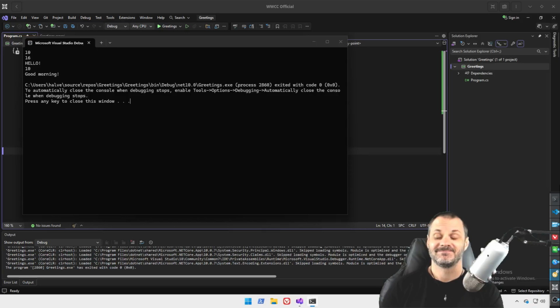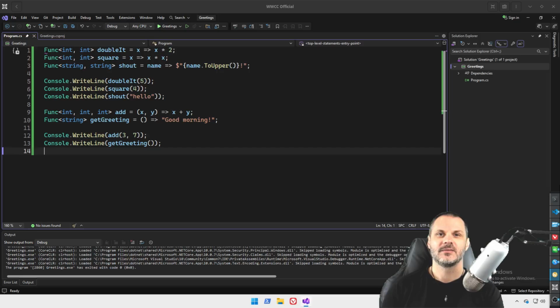Got it. But what's the point of a Func that takes no input? Is it just for generating random chaos? Timestamps, configuration, computed defaults, anytime you want to defer a decision. When do I compute this? When you call me, not when the variable is declared. Deferred logic: I'll tell you the time when I feel like it.